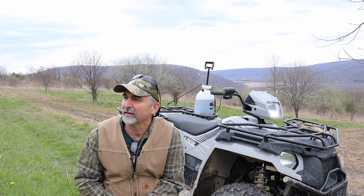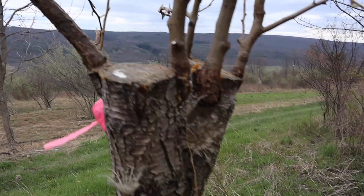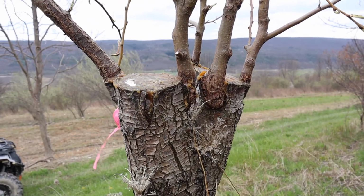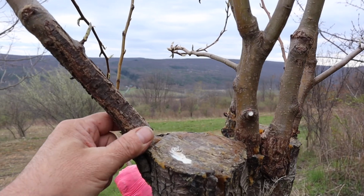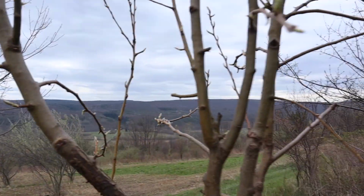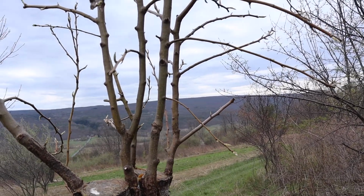Bradford pear that I spliced on some Bartlett pear. Let me show you. So we got a Bradford pear, invasive kind of pear tree, grafted with Bartlett. We'll see how it works out. It's actually growing quite good. I've trimmed it back a bunch